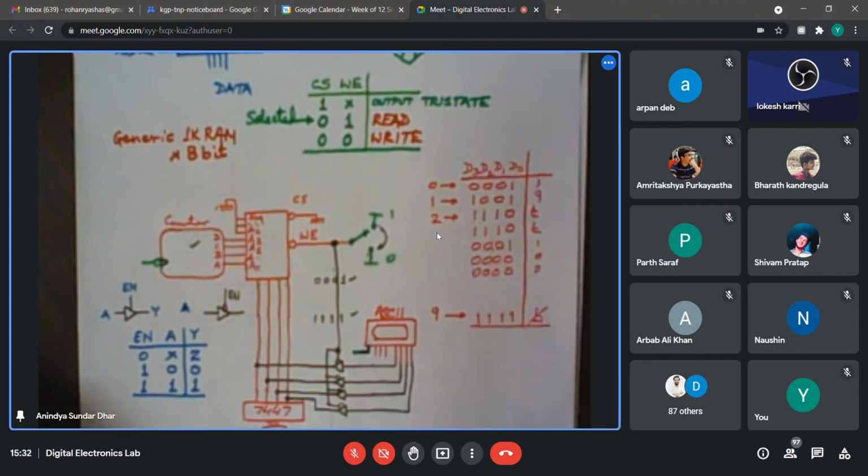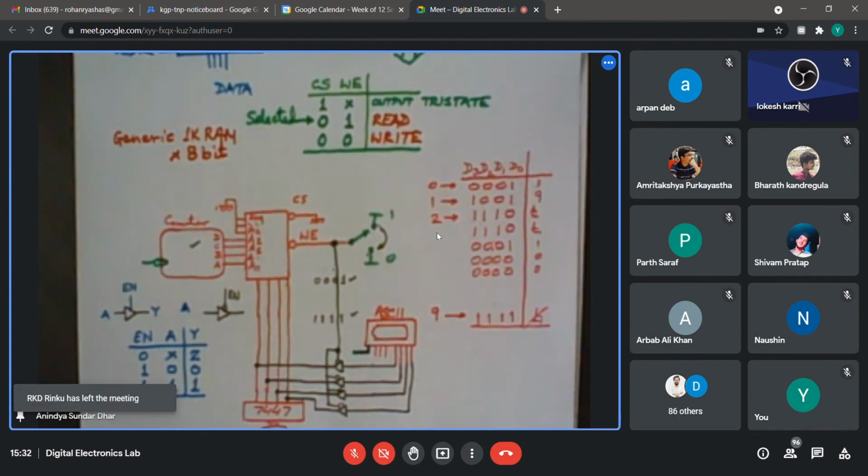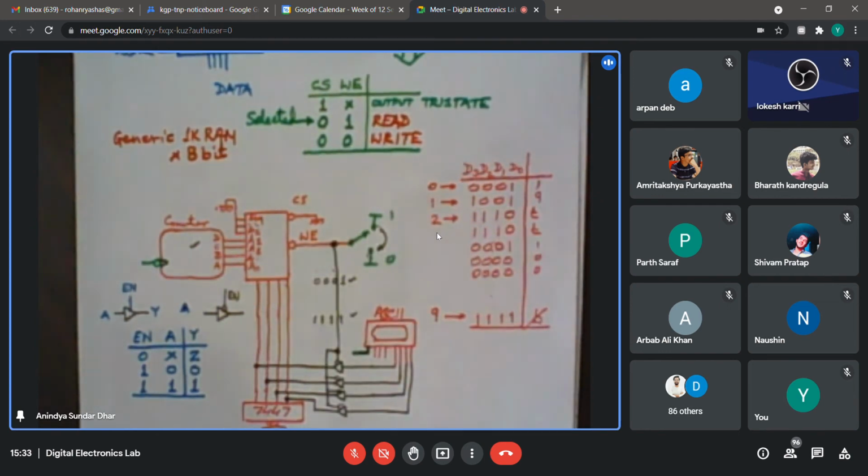Now, can I automate this by any chance? When I press a key in the ASCII keypad, only then will there be a write enable required. Otherwise, if I don't press it, then certainly I am not writing. That is also needed for giving a clock for the counter. Right, we can use this strobe. So can I directly connect the strobe signal to this write enable line?